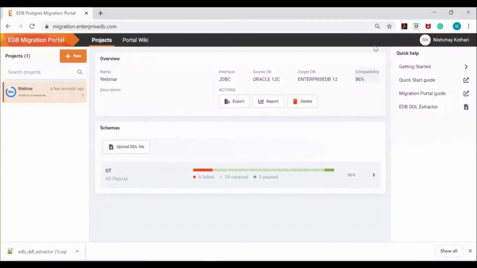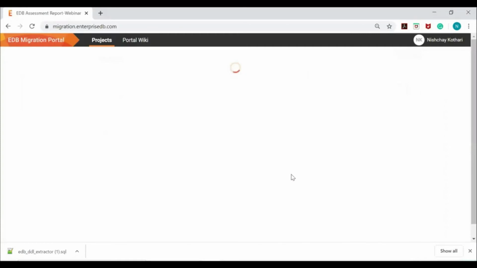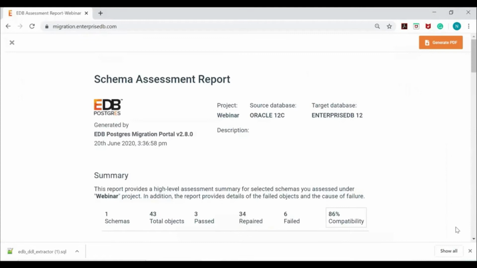Now you can see that the assessment is completed successfully. Let's see the assessment report first. This is the summary. First of all, you can see the name of the project, source database version, target database version, then a summary.